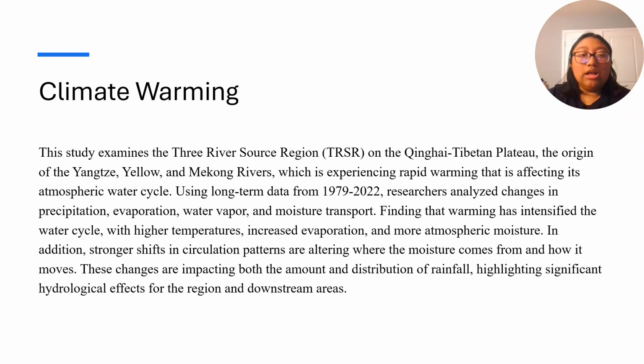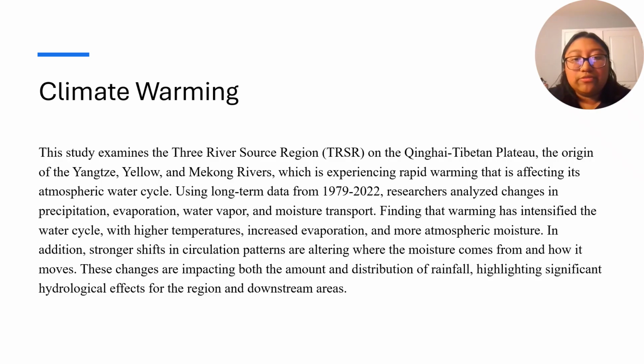Climate warming. This study examines the three river source region on the Qinghai Tibetan Plateau, the origin of the Yangtze, Yellow, and Mekong Rivers, which is experiencing rapid warming that is affecting its atmospheric water cycle.